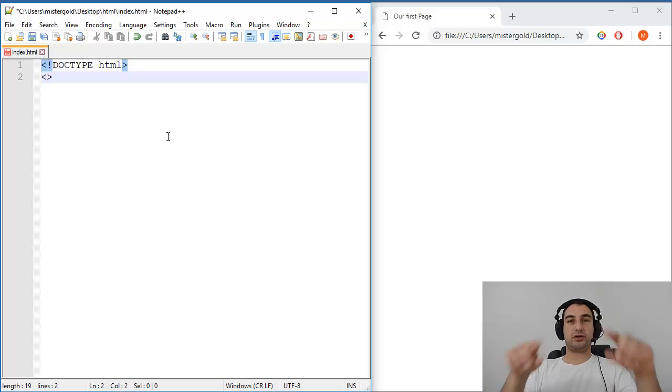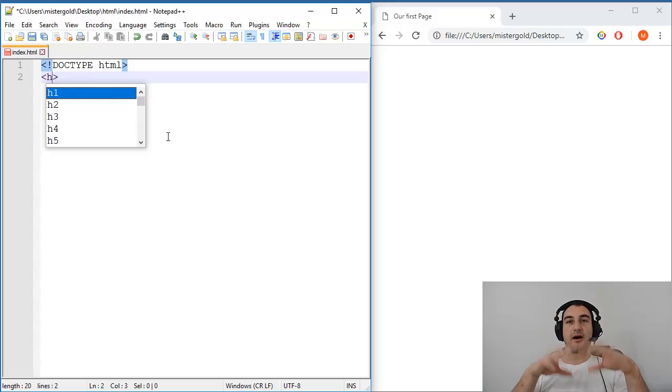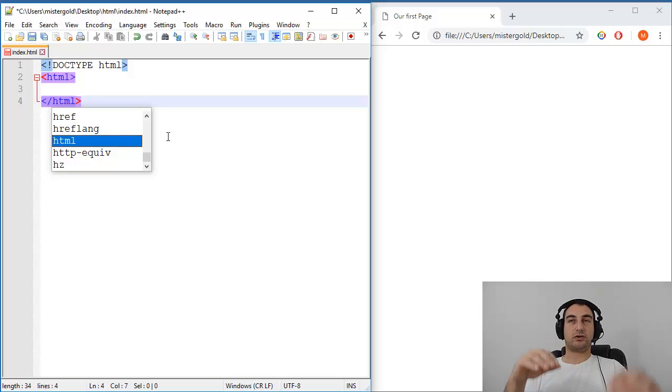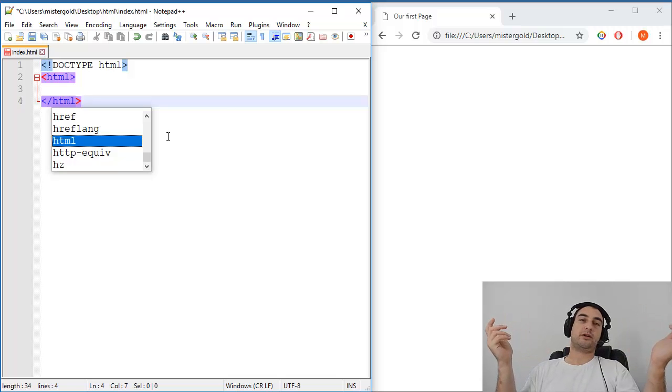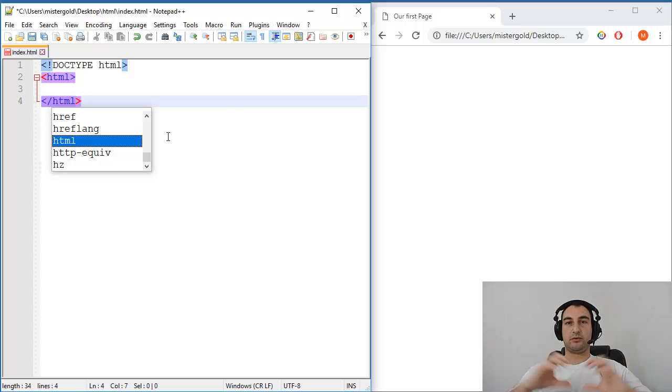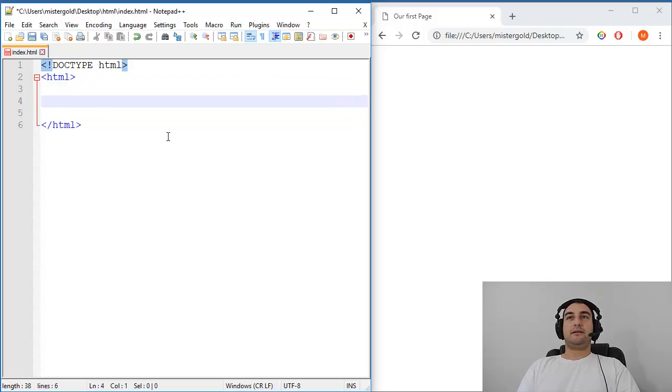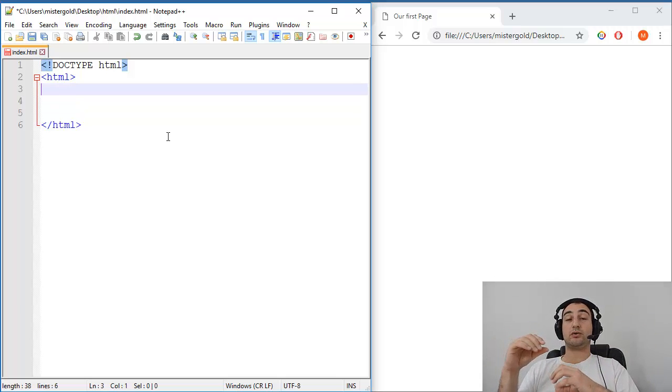And then let's make a general border with the HTML tag around our content. It goes like this, and you close HTML with slash. So remember, when you are dealing with tags in HTML, you need to open a thing and you need to close a thing, and you're closing it with slash. And we know that there are two major parts, the head section and body section. Body section is important for the viewer. Actual content goes there. So let's create the head section